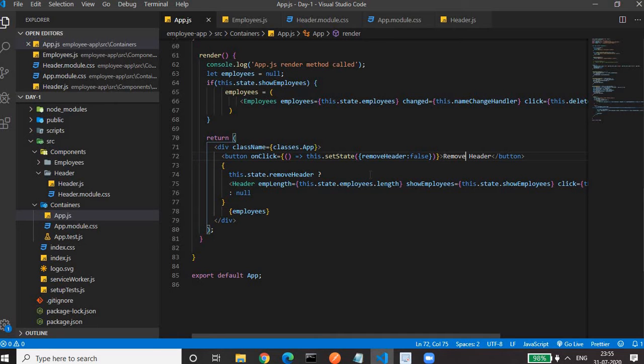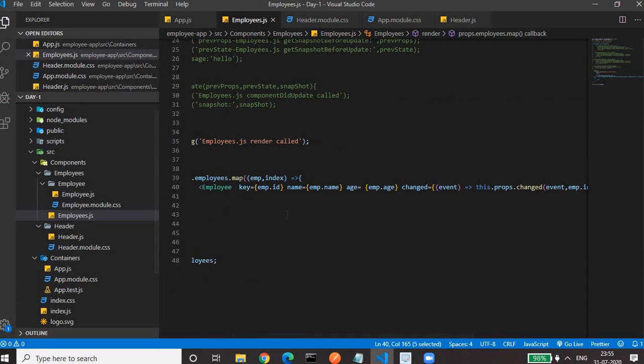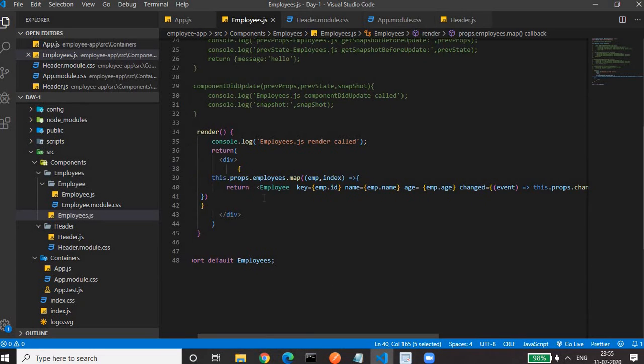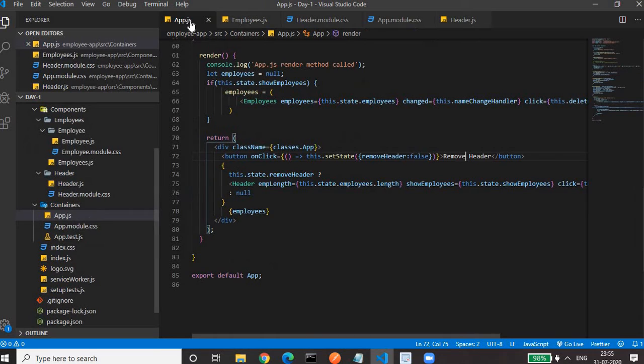And the next change is I have created an employees component. In the employees component, I am creating the single employee on the basis of array iteration. Earlier, this iteration and dynamic creation of employee components was written within the app.js file here, because we have to create it on the basis of a condition.